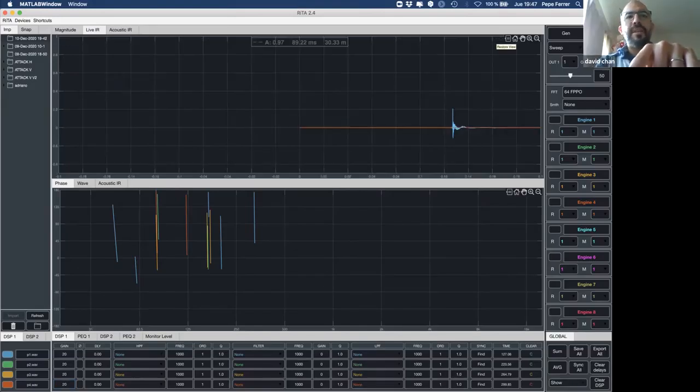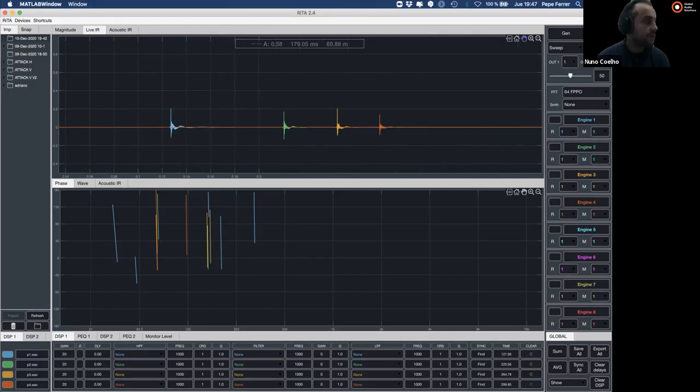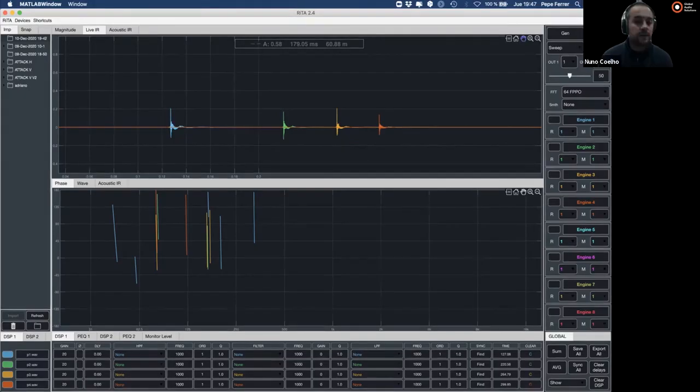How did Pepe know that it was really loud? By looking at the graph, or he knew because we know that the trace will appear with a low level. Okay, so now I know, every time that I come from one to the other, bring it down. Yeah, the problem is that